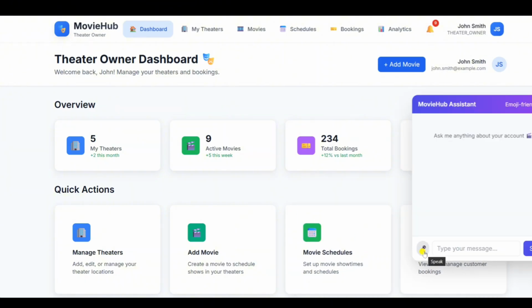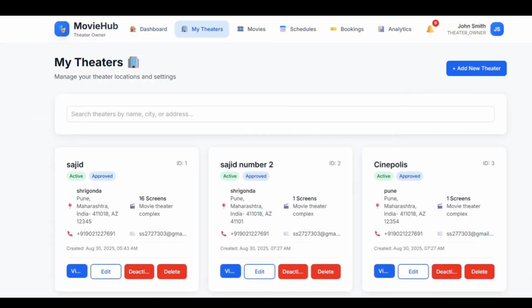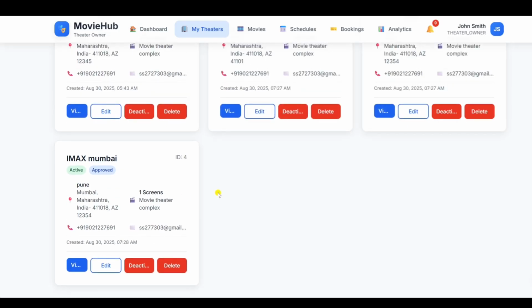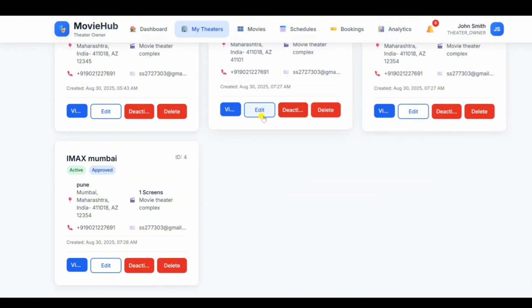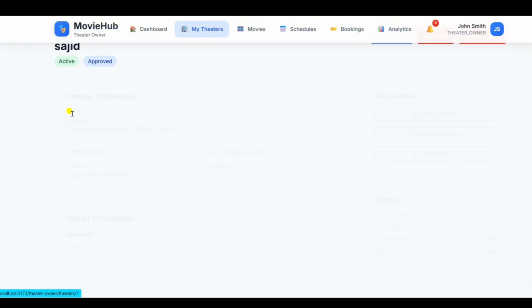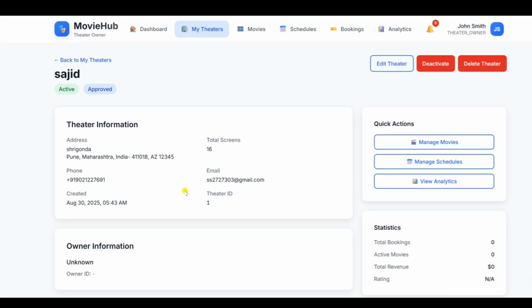So theater owner is also having the chatbot, and they can also improve their performance by using the chatbot. And we are having my theaters option, and here in this section we can see all of our theaters listed down here. We can view those theaters or edit those theaters or deactivate those theaters. Right now I'm viewing this theater,